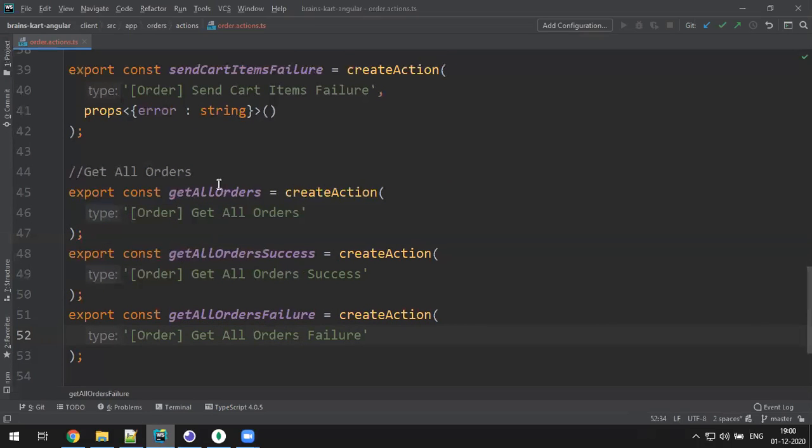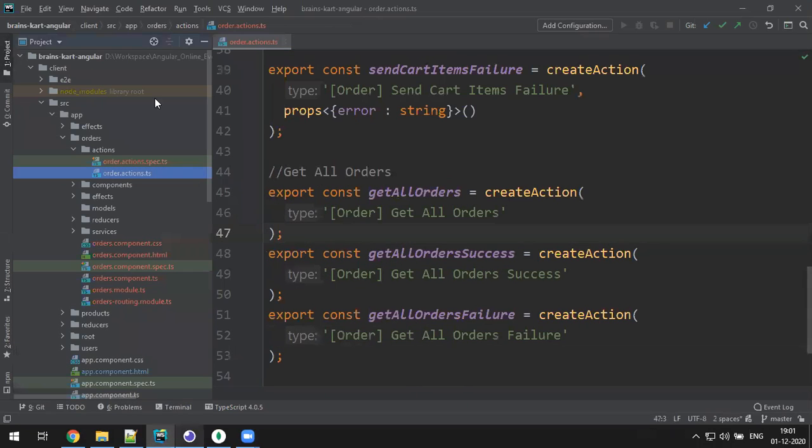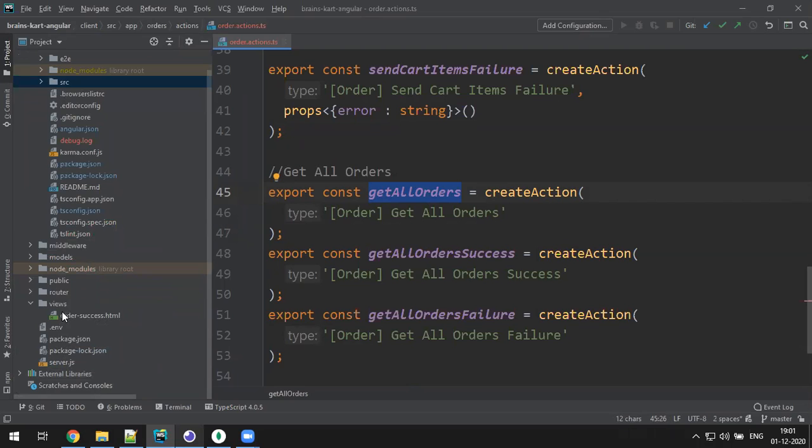Okay, but before I proceed with all this, I need to have it in the server. First, on the server side, do we have any path for fetching all orders? Do we have any router for that? Orders? Nothing is there. I think we have not done anything there. Oh, wait. The server doesn't have to fetch orders. So without the server, what do you do? See, go to the router,